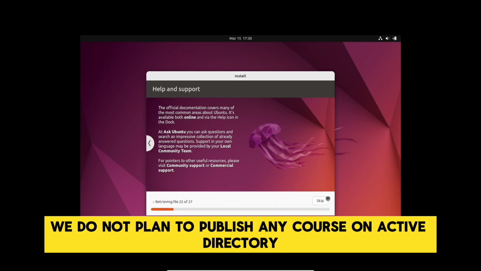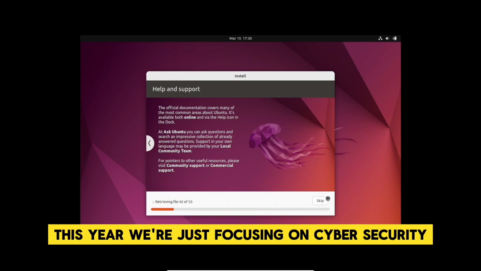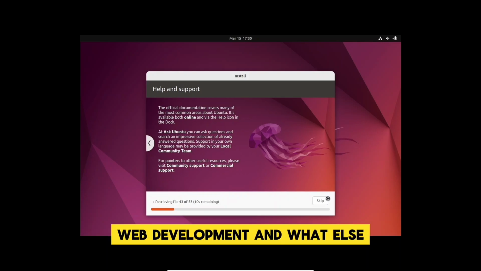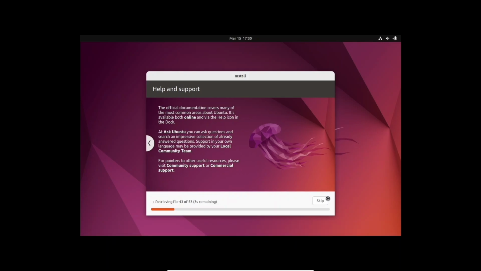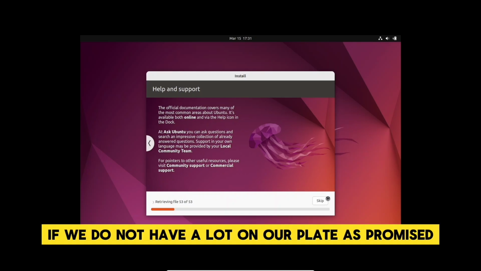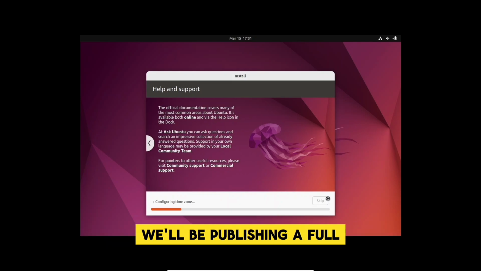We do not plan to publish any course on Active Directory this year. This year, we're just focusing on cybersecurity, programming, and web development. Yeah, I think just those three. Then towards the end of the year, if we do not have a lot on our plate, as promised, we'll be publishing a full